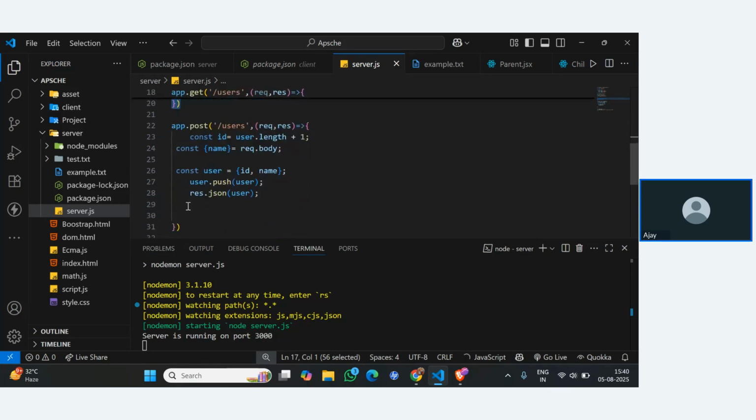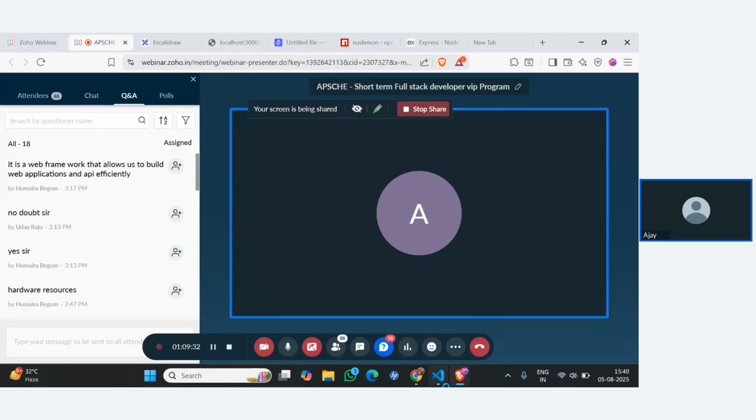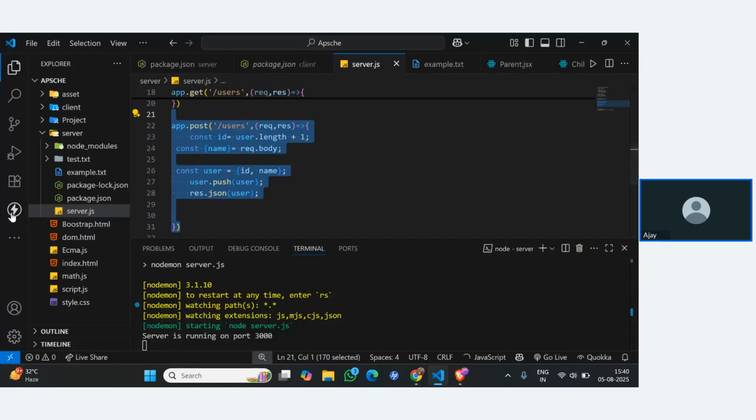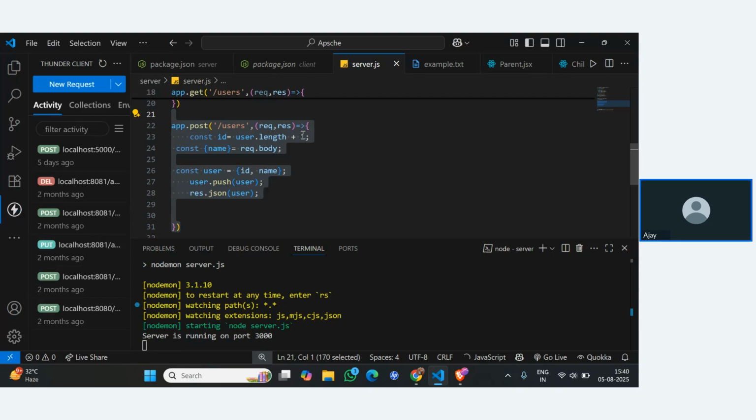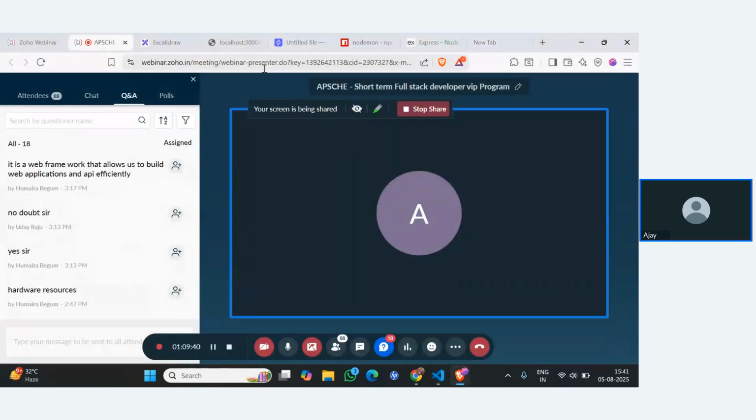Okay, for slash post I can post the data also, but we didn't build any system inside a browser that we can send from. We don't use a UI, or we haven't created any form. So how can we send that data? We can use Thunder Client. Okay, new request, and just copy this URL,